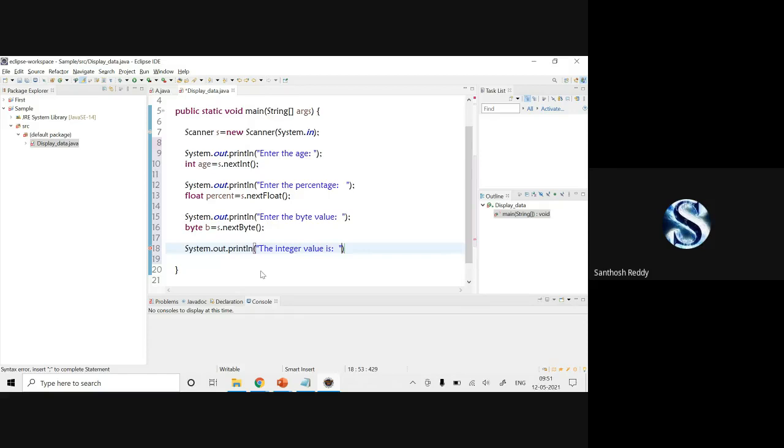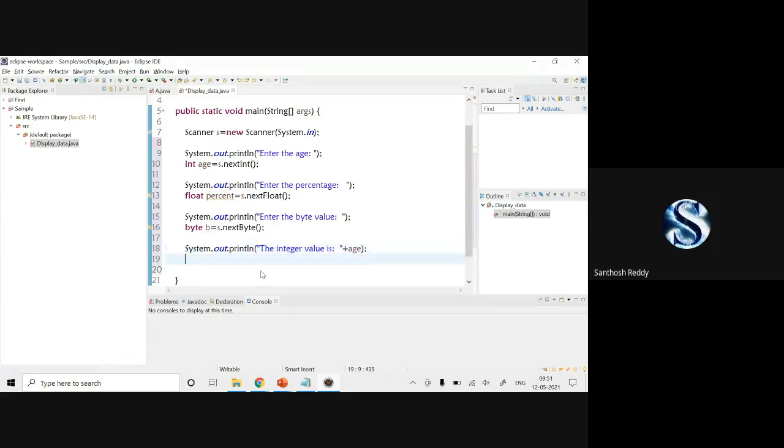Here, if you want to differentiate your string value from your normal variable, we use the concatenation operator, then specify the variable and give a semicolon.